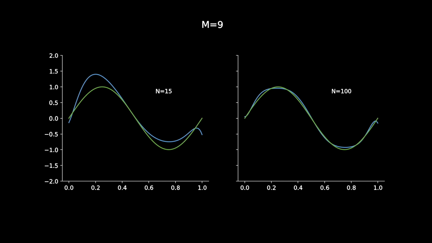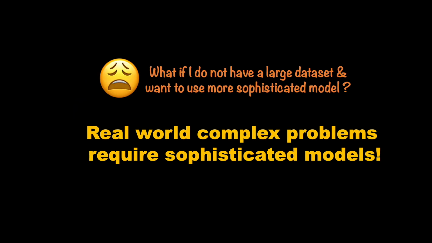So you see here, by increasing the size of our training data set, we managed to remove the problem of overfitting. And it is fine. But we must also acknowledge that we do not always have access to large data sets. There are data sets that take a long time, decades to collect, and consist of only a few data points. And it just doesn't make sense to sacrifice a more capable model because it might overfit.